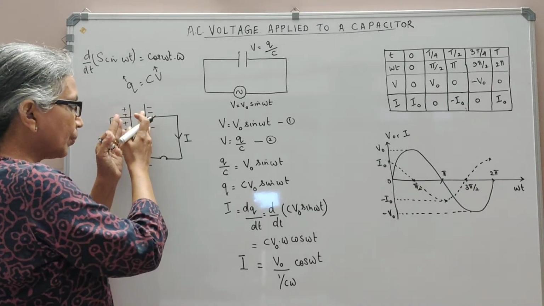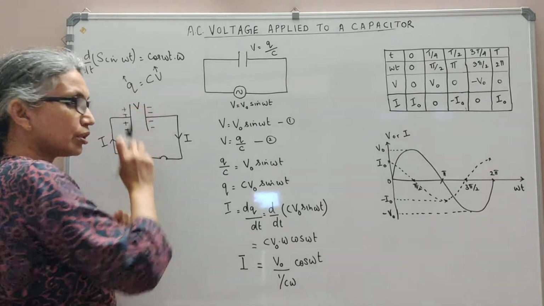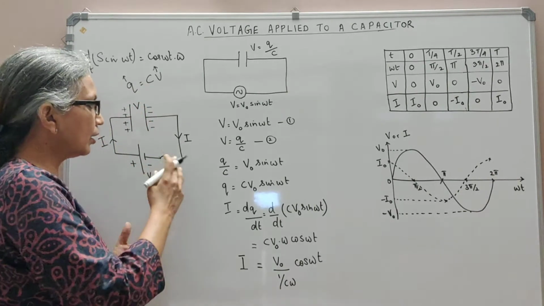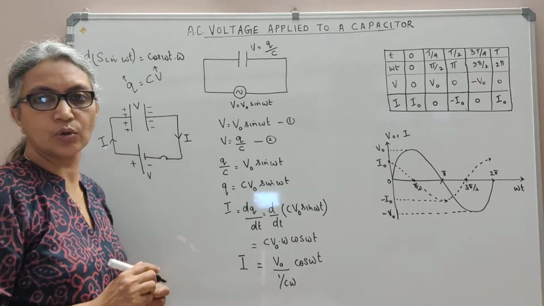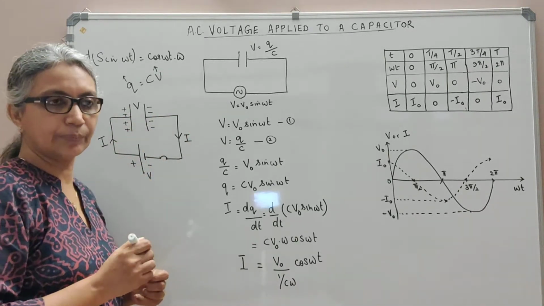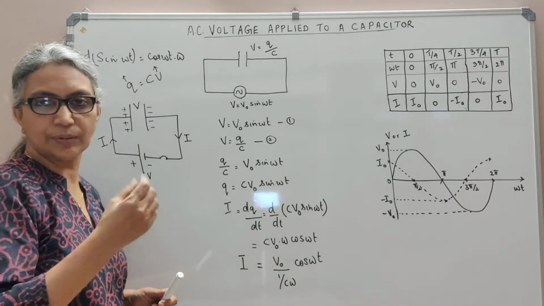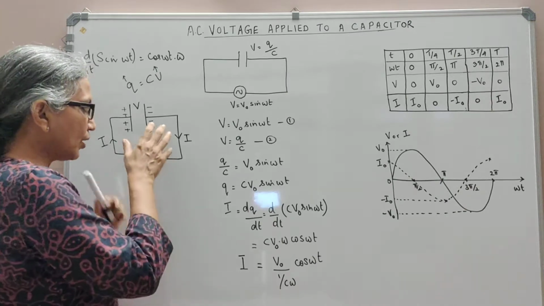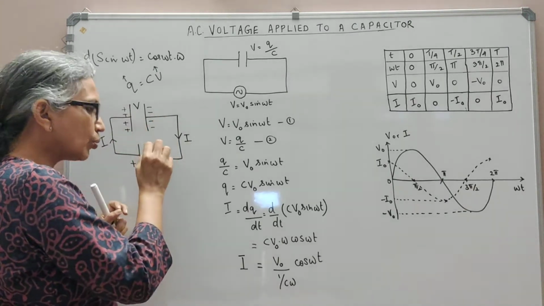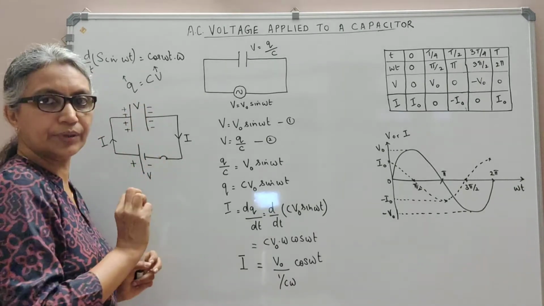As the plates get charged, when the voltage across the plates of the capacitor becomes equal to the battery voltage, there will be no more flow of charges towards the plate because the potential difference is the same. This happens in a very small interval of time, let's say a microsecond. In that very short interval of time, you will have charges flowing and a current in the circuit till this V and this V become equal.